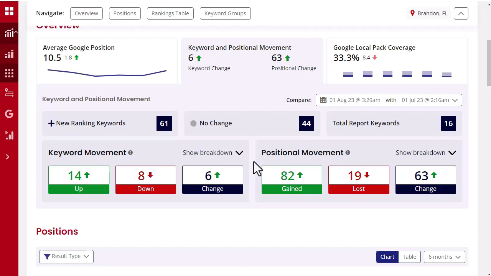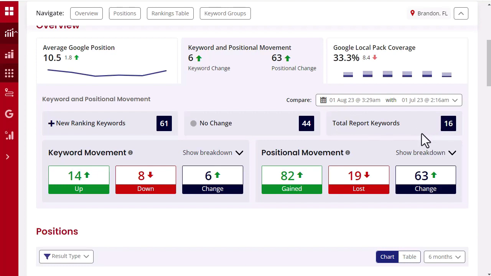So in the last month, this client saw 82 positions gained. They also had 19 positions lost on keywords, so there was a net improvement of 63 positions. In addition to that, this tab also shows that there were 61 new rankings from the last month. 44 had no change, and it indicates that there are 16